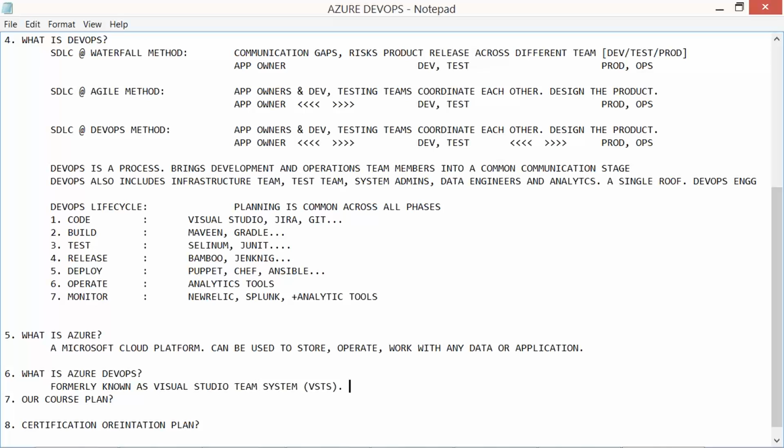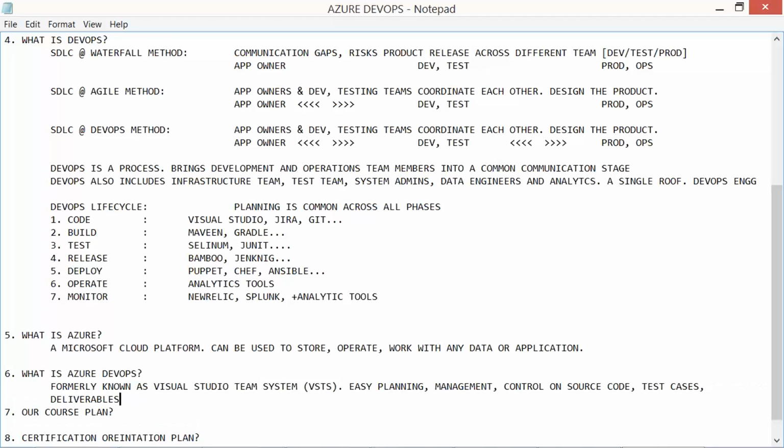And now we call it DevOps. What we do here: easy planning, easy management and easy control of the source code, test cases, and the actual deliverables, the project deliverables.